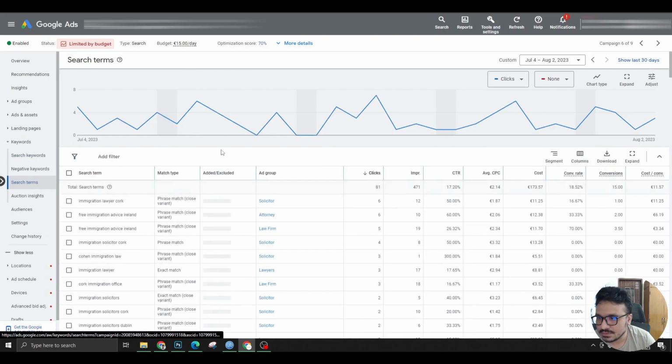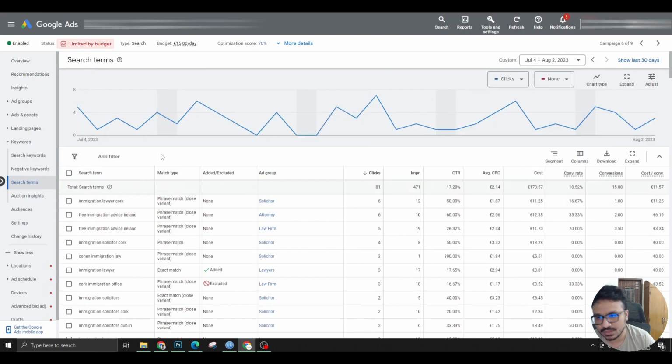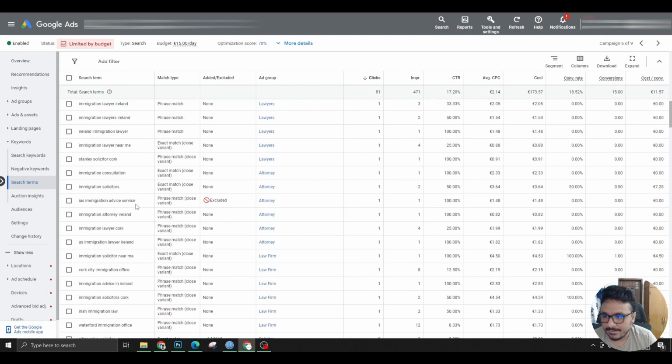So search terms is actually the place where Google shows you that these are the keywords your ads are being displayed for. Now you might ask, I'm already adding the keywords. I'm telling Google to run my ads for these keywords. Okay, so that's kind of true, but it's not entirely what's happening. You add the keywords, Google takes the keywords, and it actually starts showing for these keywords and the related keywords. So these are the related keywords, closely related, loosely related, but